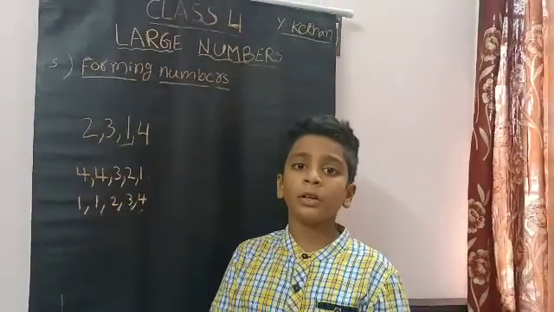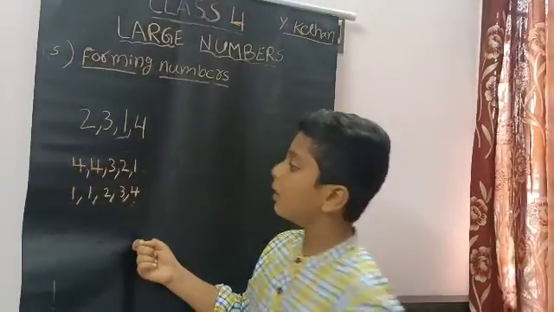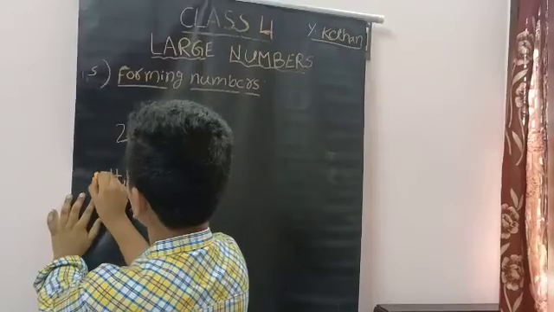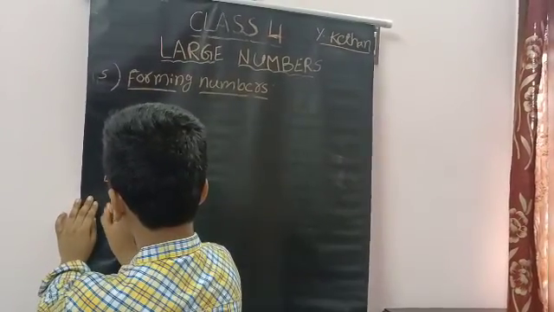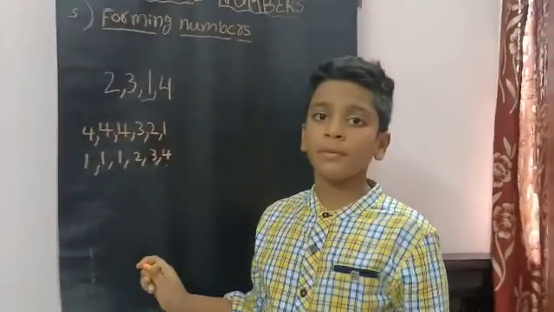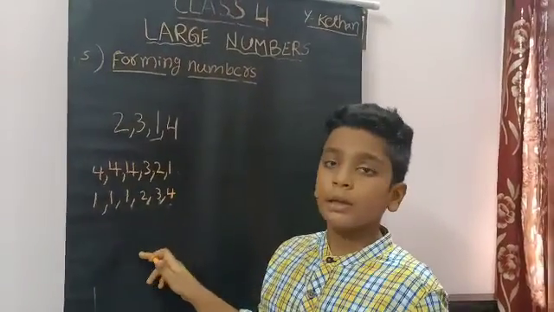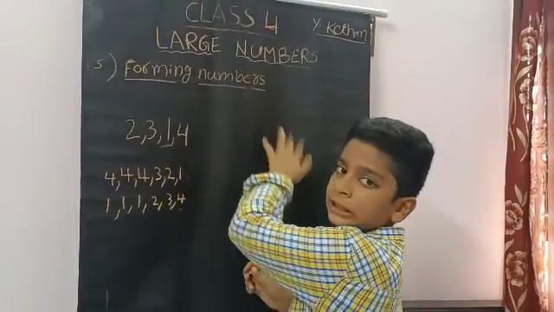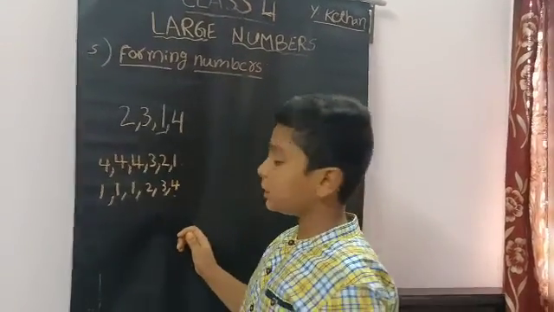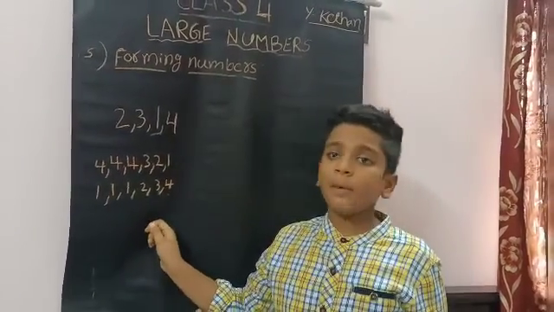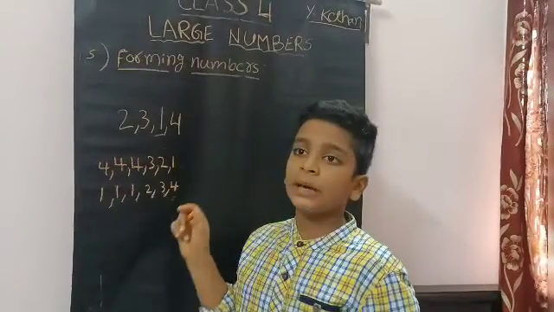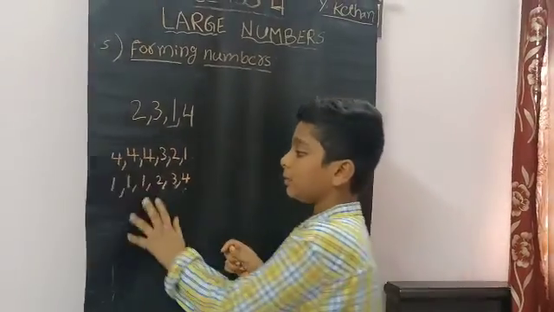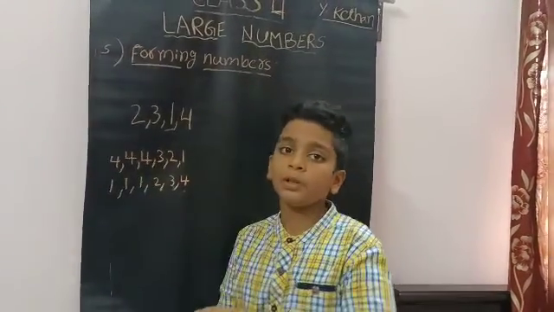If they give 4 digits and you should write a 6-digit number, what will you do? Yes, same like this only. You should just add one more, 4 here, 1 here, like this. If they gave a 4-digit number and it's 6 digit, 10 digit, any digit, if it is the biggest number, you should write the biggest digit that many times, and for the smallest number, write the smallest digit that many times.